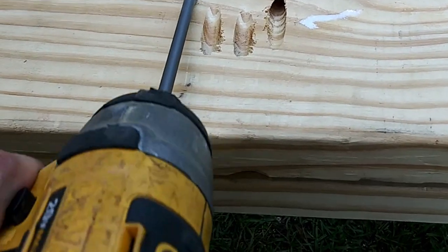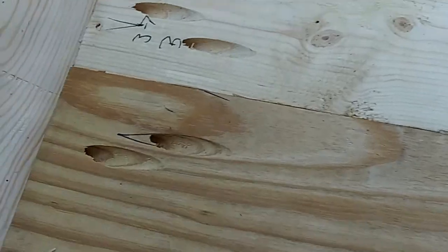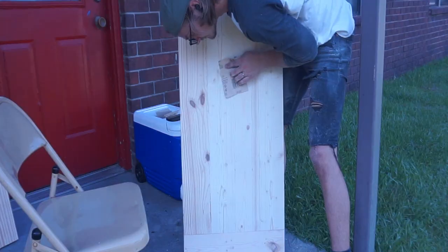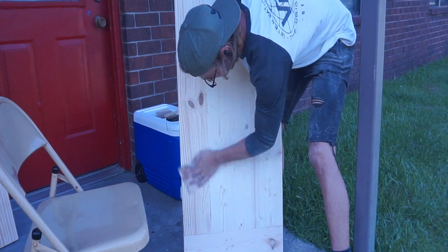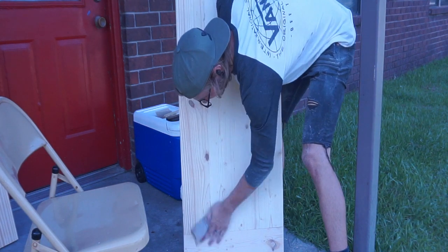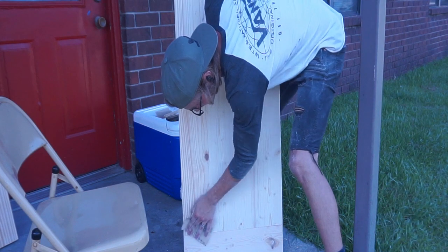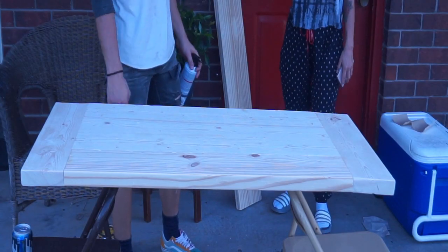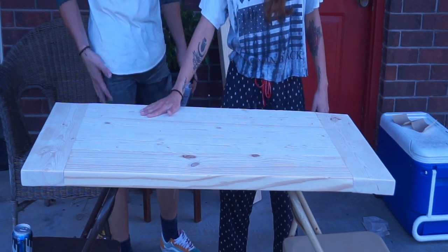Moving on, zip, zip, zip. Gotta zip the thing together. And once it's together, you start sanding it. Get it good and sanded down. I started with 80 grit, and then I went to 120, and then down to 220. Once it's sanded down and your wife approves of the buttery, smooth feel,